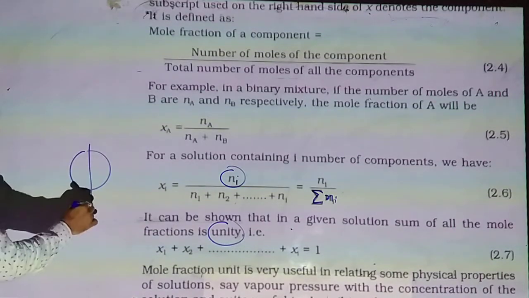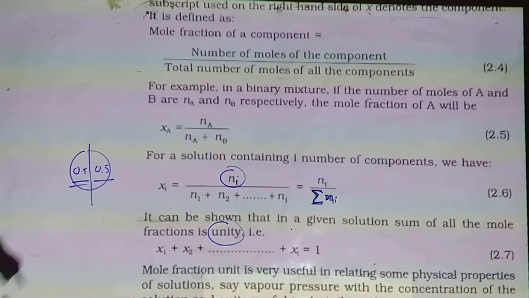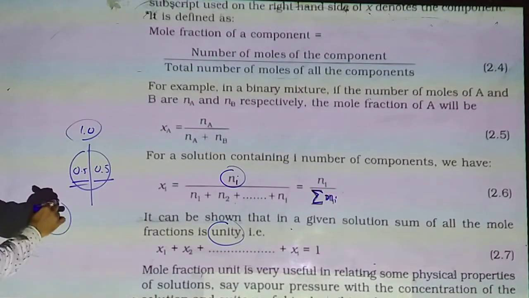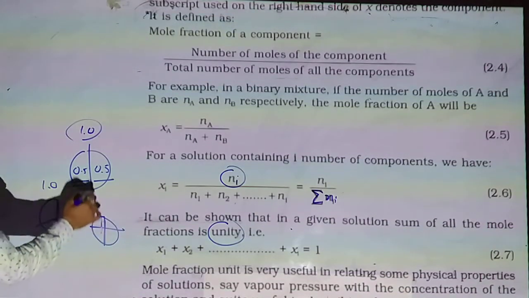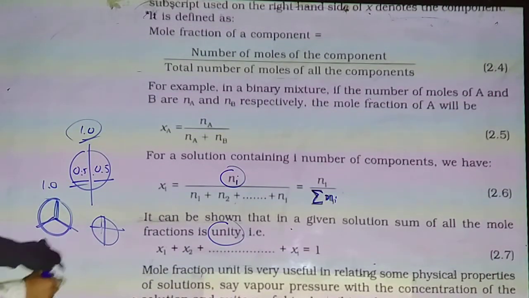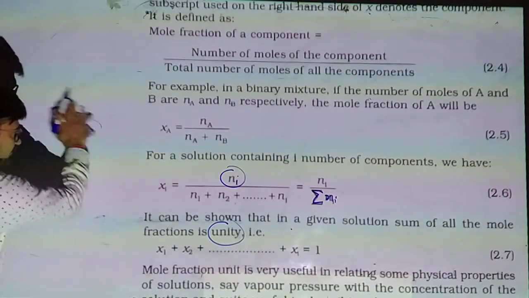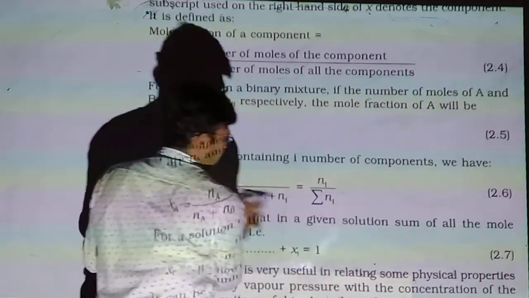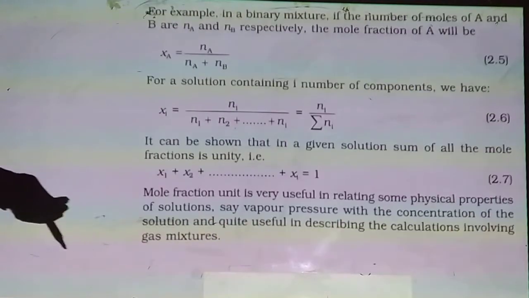સપોઝ આપણે એક રોટલો લીધો, એના બે પાર્ટ કરીએ, તો each part is 0.5 but total should be 1. હવે આપણે 3 પાર્ટ કર્યા, તો total is 1. આપણે 4 પાર્ટ કર્યા, આ બે કોમ્પોનન્ટ છે, તો બેનો ટોટલ 1. આ 3 કોમ્પોનન્ટ વાળું સોલ્યુશન છે, આ 4 કોમ્પોનન્ટ વાળું છે. સો ટોટલ રિમેન્સ યુનિટી 1. એટલે જેટલા કોમ્પોનન્ટ હોય સોલ્યુશનમાં, in all the components in the solution the total sum of the mole fraction is unity.